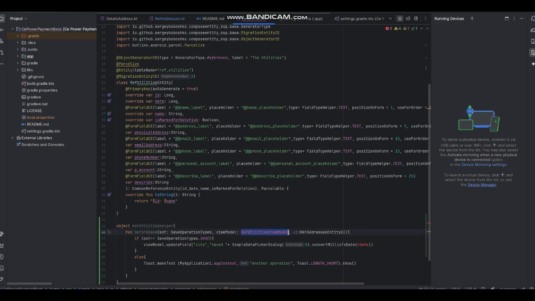Ref utilities entity view model and ref utilities entity user interface,